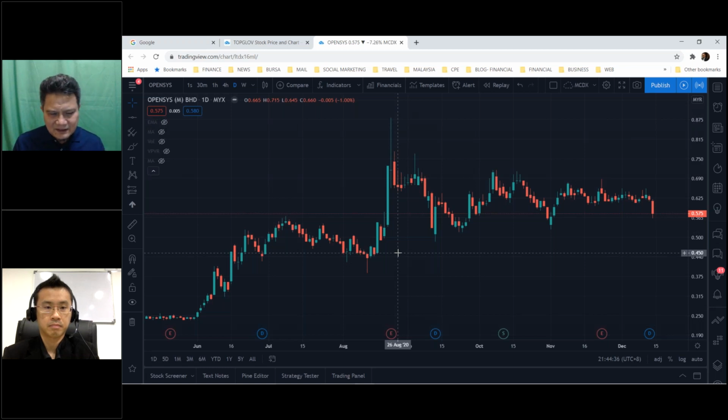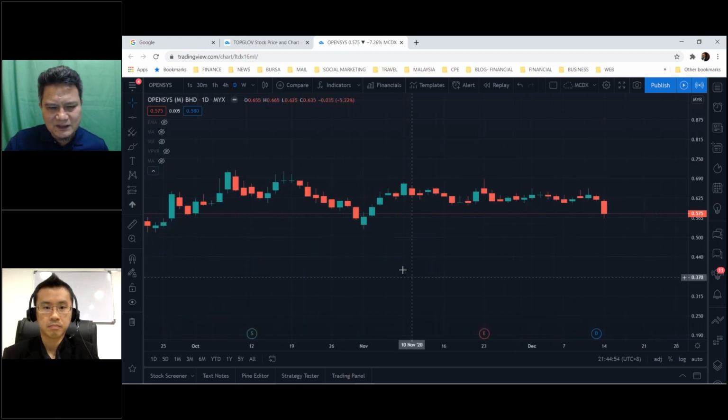Candlestick patterns are also more trend following, whereby the stock must have a swing, which means there must be a trend. If the price has no trend, you cannot use the candlestick. It's sideways, for example in this case, from October till now, December. You're just sideways like this, so there is no trend.